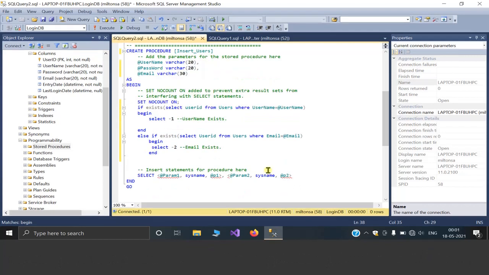And then if both the username and email address are valid, the record will be inserted in the table and the auto-generated column, that is user ID, will be returned by the stored procedure. Let's see.